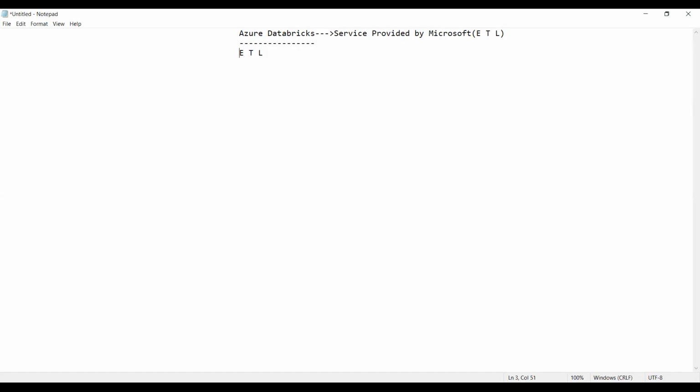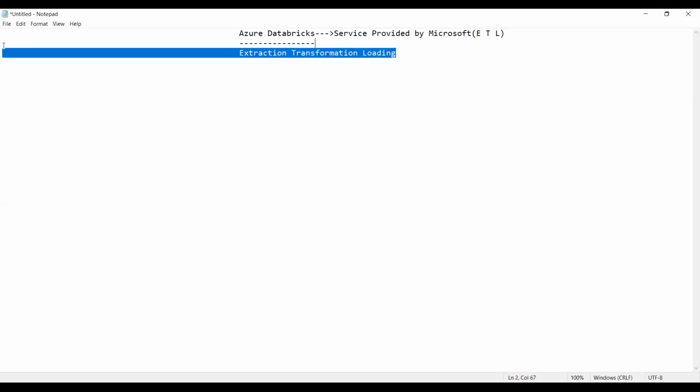I'm writing the full form of the same: extraction, transformation, and loading. This is the abbreviation of ETL.